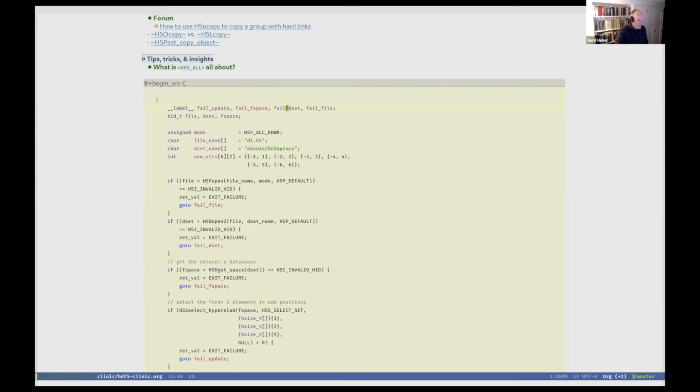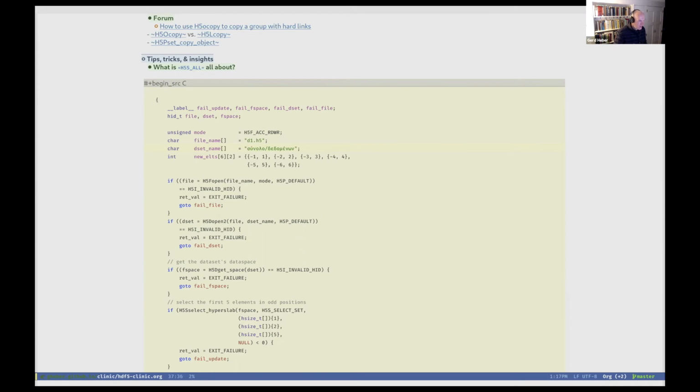Okay, so this is an example that is actually taken from the new documentation that we are preparing based on Doxygen, and it's online. What we are doing here is assuming I have an HDF5 file, and I'm using these Greek letters to indicate that you can use arbitrary Unicode strings as your paths in HDF5.